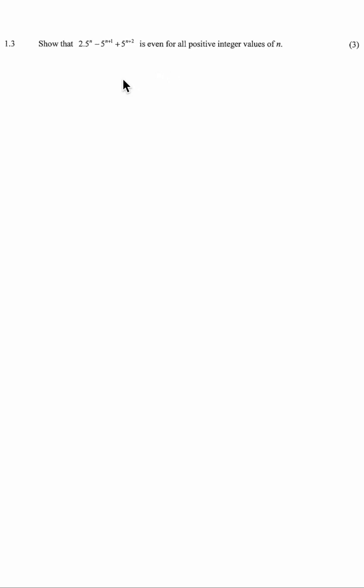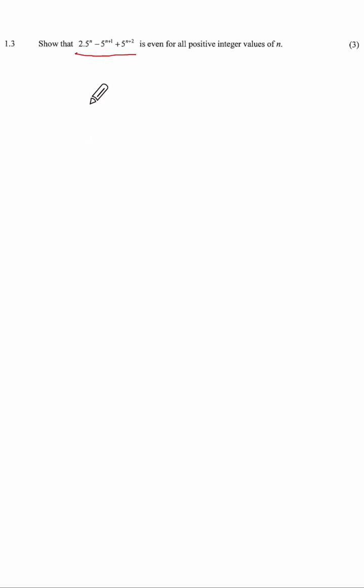For this 1.3, which says show that this here is even for all positive integer values of n. So we want to play around with this thing so that we can show that it is even for all positive integer values of n. So essentially the goal there is to play around with this so that we can show that in the end